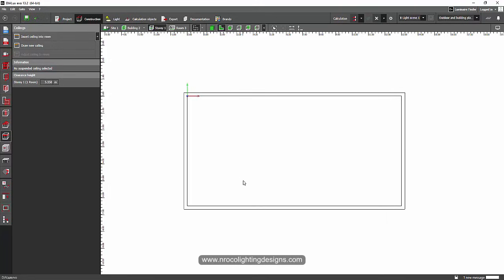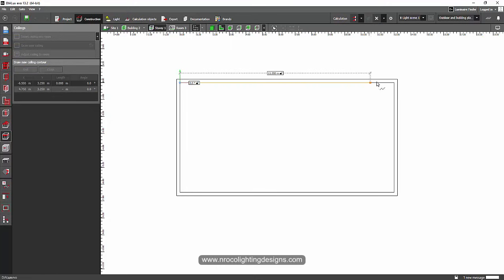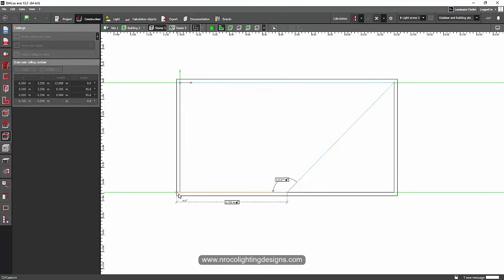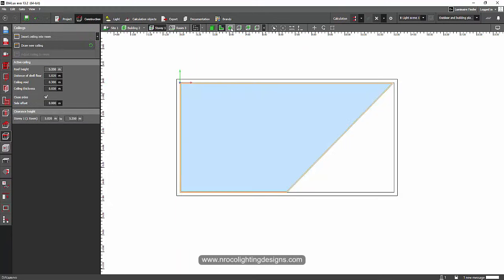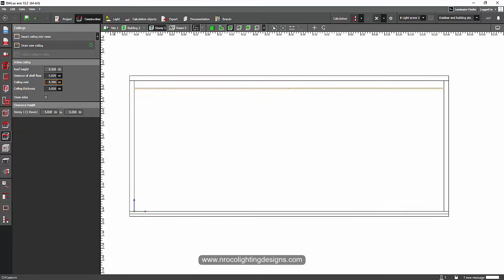What I'm going to do is draw a new ceiling. Let's just assume it will be here and then I will cut it. Let's go to the elevation view, close the sides and check that one.